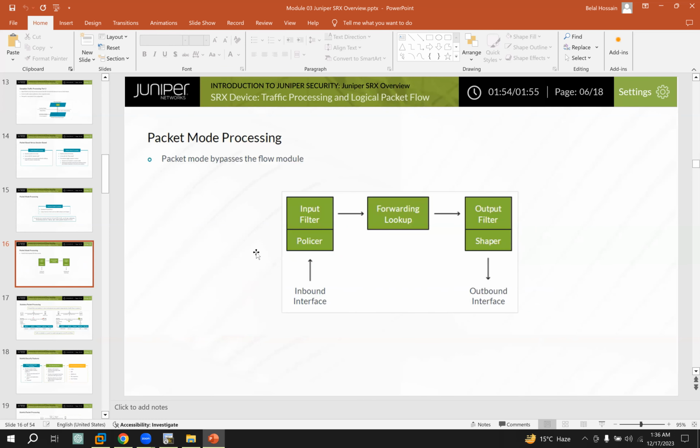Packet mode processing. This is a very simple diagram. Packet mode processing bypasses the flow module. For the inbound interface, there are two steps: policer and input filter. The policer may rate limit on the inbound interface, or maybe not. And the input filter you can deploy